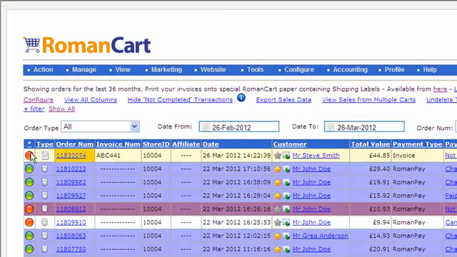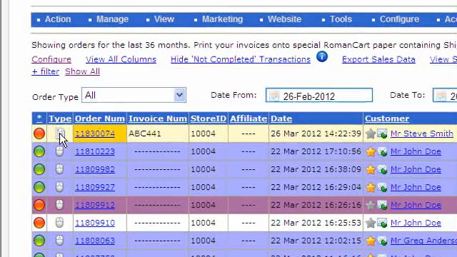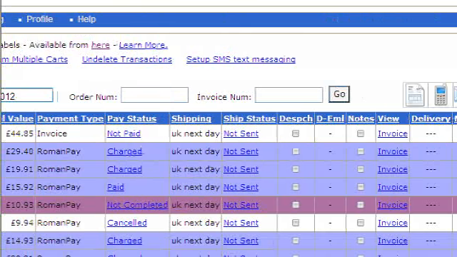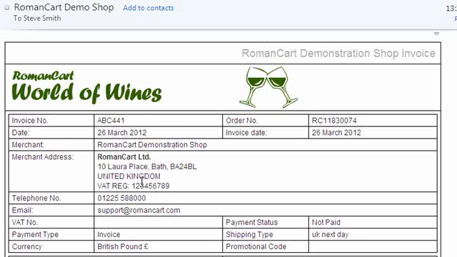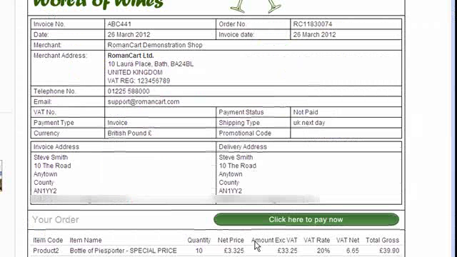But looking at this, you can tell it's an invoice here because it's got an invoice icon in the type column. It's showing a red light because the invoice has not been paid. And you can see all sorts of other details as well. If you want to print off the invoice, then you can click on the invoice link in the view column. So now let's take a look at what the customer's received. Okay, so here's the customer email, the invoice that they've received. As you can see, it's got a click here to pay now button and it's showing the template that I selected. If I click here to pay now,